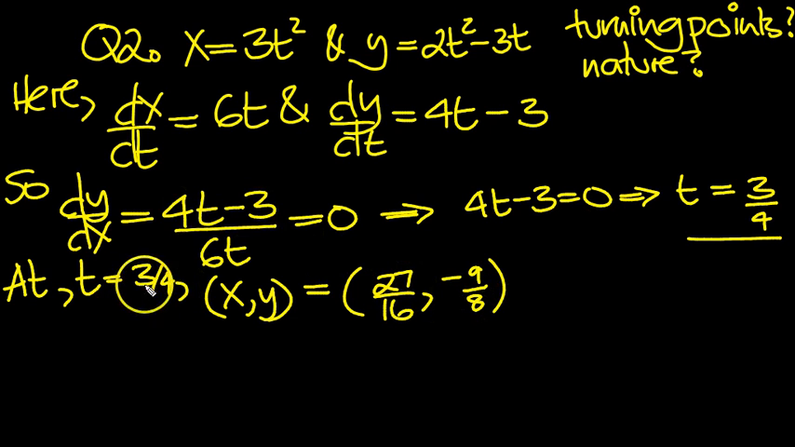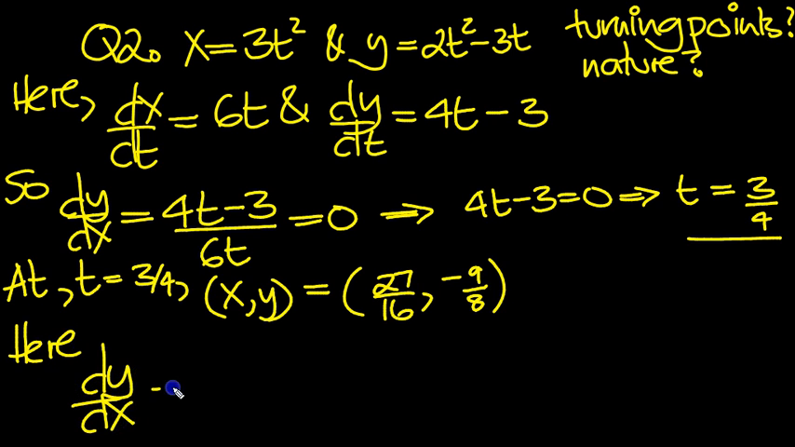We need to look either side of 3/4 to see if dy/dx, whether it's a max or min. And we need to bear in mind how as t varies through the value 3/4, how does x vary? It looks as though as t increases, x increases, doesn't it, around this value? So it should be straightforward. So here, dy/dx, now look either side of 3/4. So it's equal to 4t minus 3 over 6t,